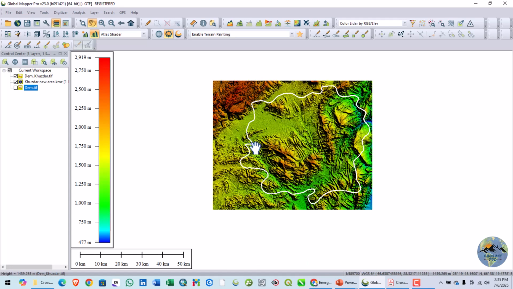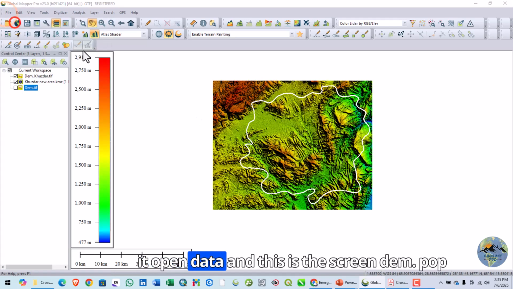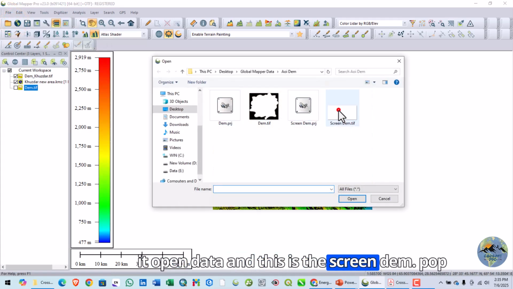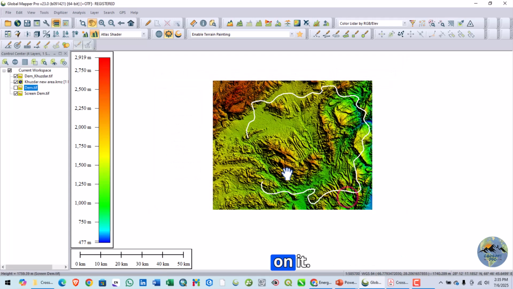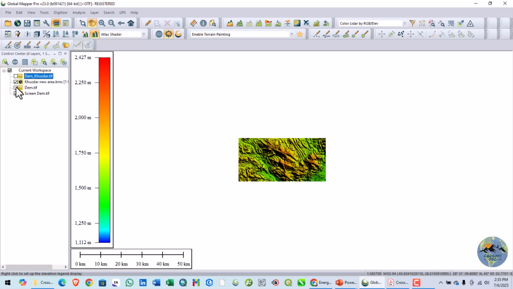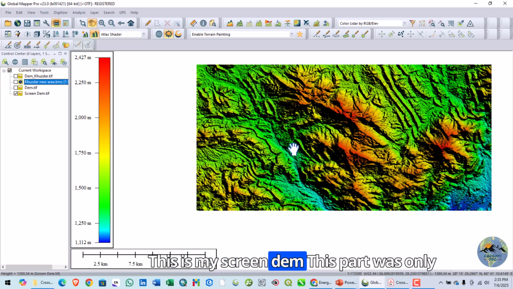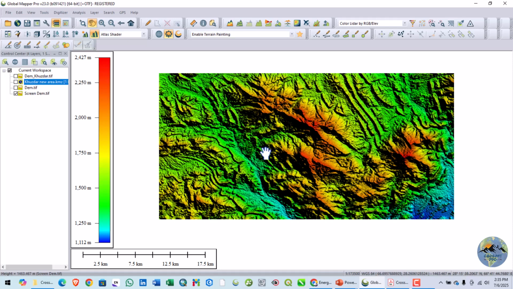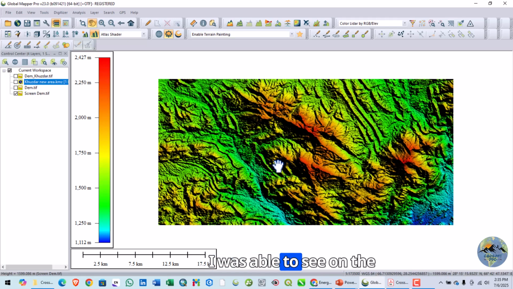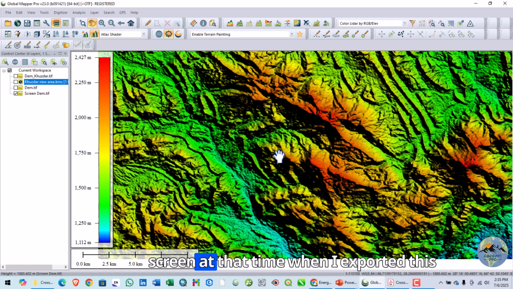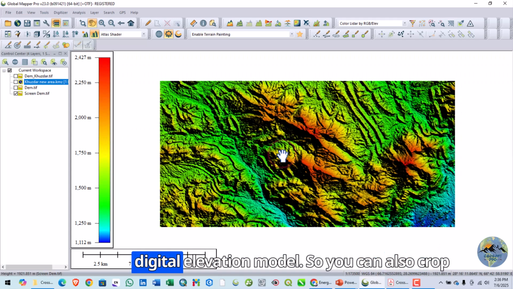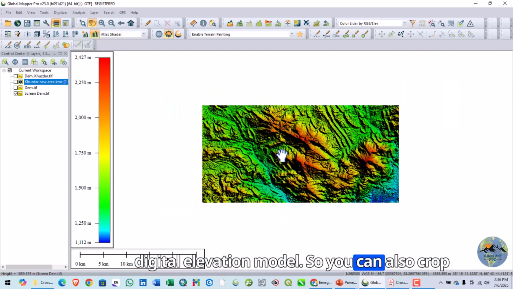Now let me import it, open data, and this is the screen DEM. Now open it. This is my screen DEM. This part is only what I was able to see on the screen at that time when I exported this digital elevation model. So you can also crop like this,